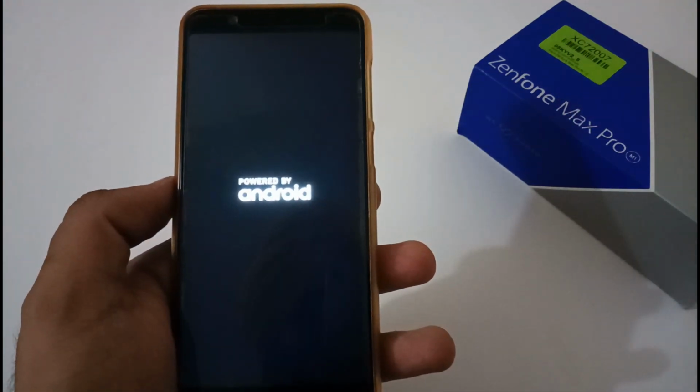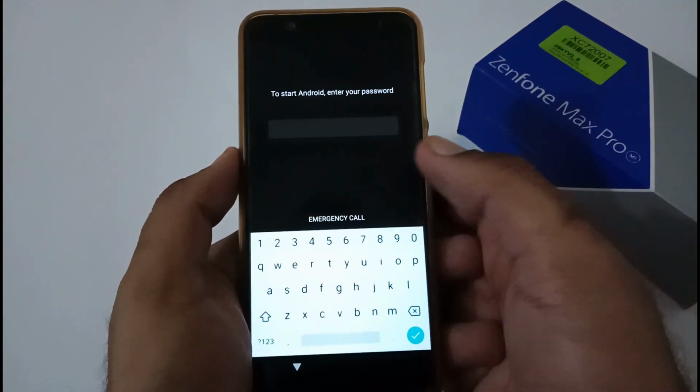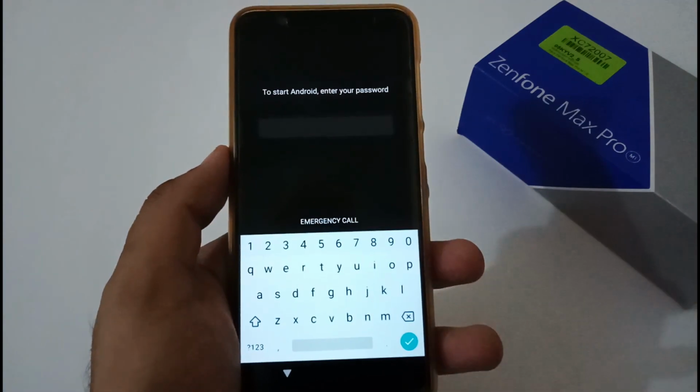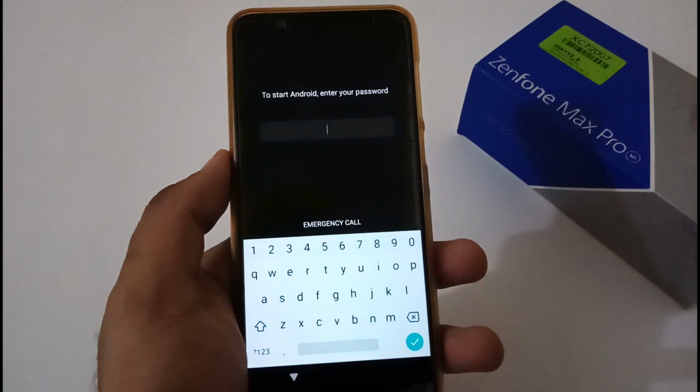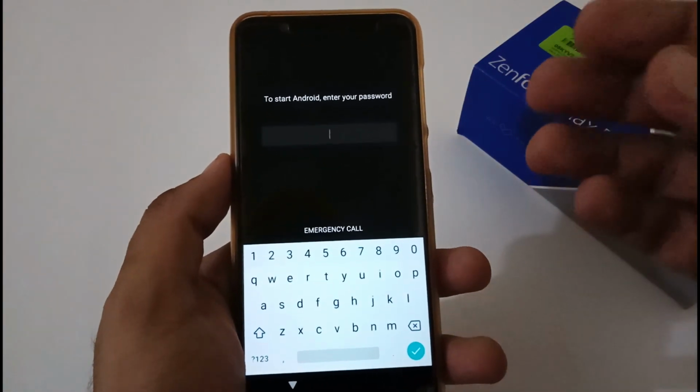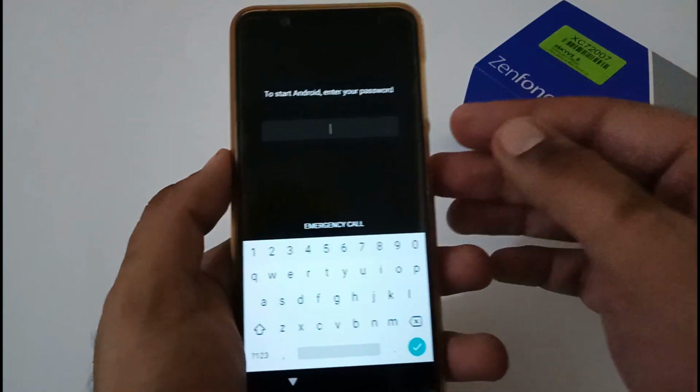So just wait till the time that particular error will prompt. So this is the issue, cause, or a reason for which we have to do the step 2. Here it will ask you to enter any password. You can enter any correct or wrong password, any random password. It won't start.